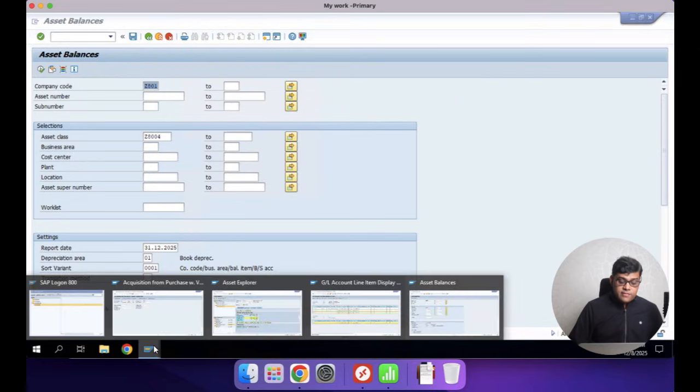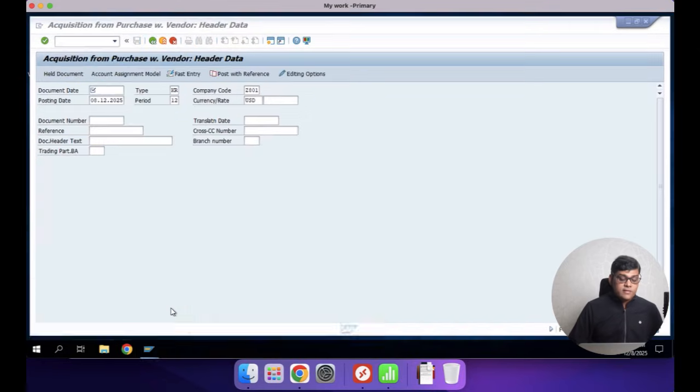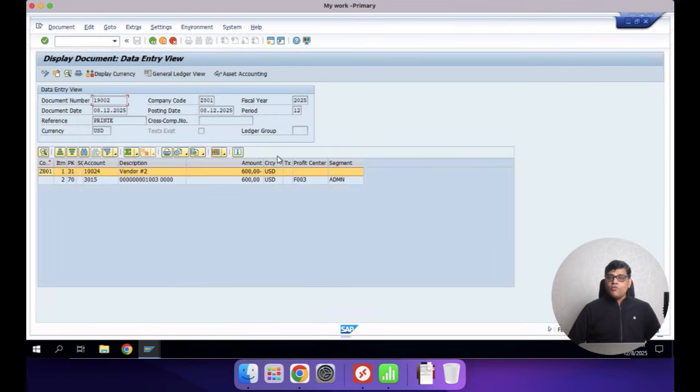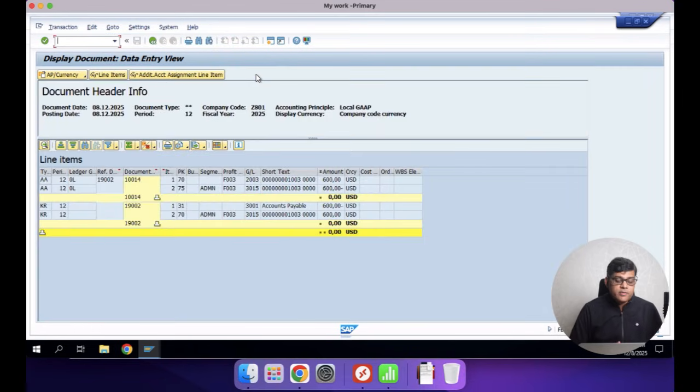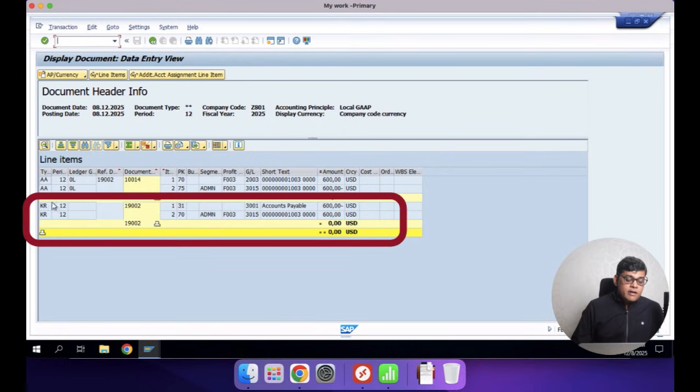Now if we analyze the transaction documents, let's check this document. This is the document I posted that time. So this is a normal entry view document and you can see the asset view also. In this asset view, you can see the reconciliation information is there. It is again related to core reconciliation team's activities. When the user posted the purchase entry, this particular transaction posted. So that time we have seen the document number 19002 was posted